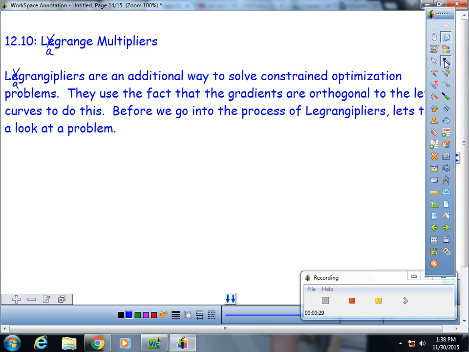So if you remember the second derivative test, that only worked if we were dealing with a function of x and y's. Now we can have more than two variables, although it'll get ugly. Okay, and I will try to explain later in the video when you will use these Lagrange multipliers or hashtag Lagrangipliers, as we will call them from here on out. Okay, but before we go into the process, I want you to take a look